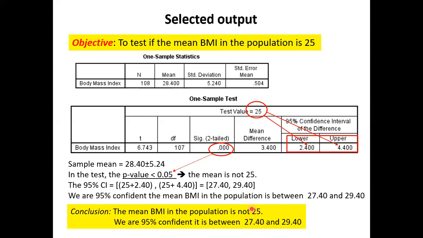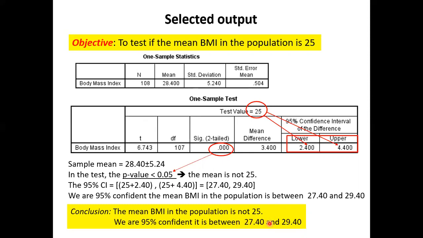We can see the 25 does not fall inside the interval. 25 is falling somewhere here. Is the mean 25? No, it's not. It's more than that. We ask another question. Is the mean 35? 35 falls outside again. Then you say, no, the mean is not 35, it's less than 35. Then where is it? From here to here. Is it possible the mean is 28? 28 falls inside. Yes, possible.